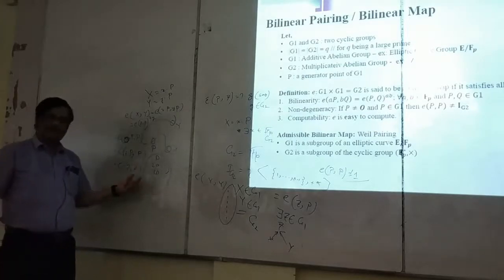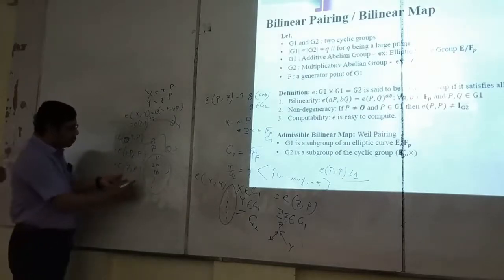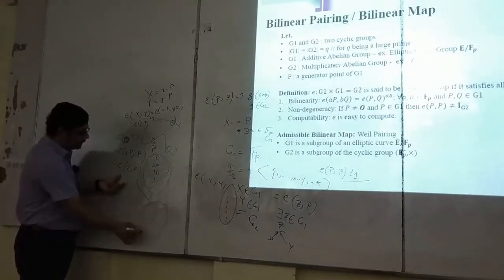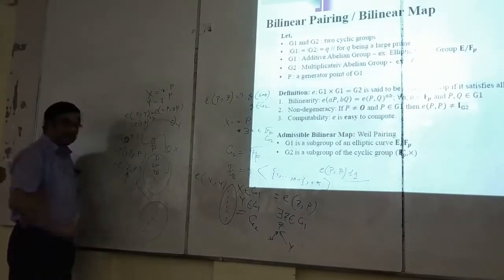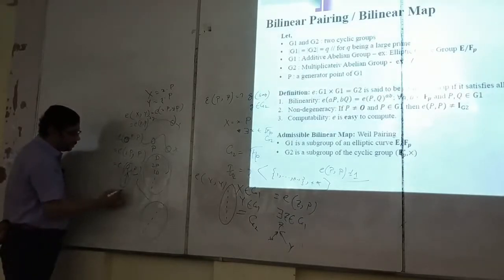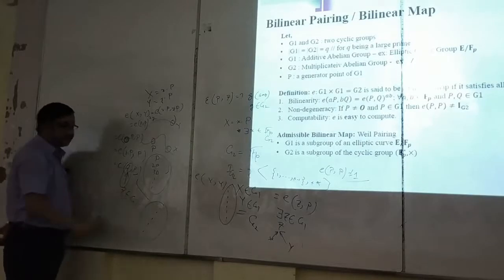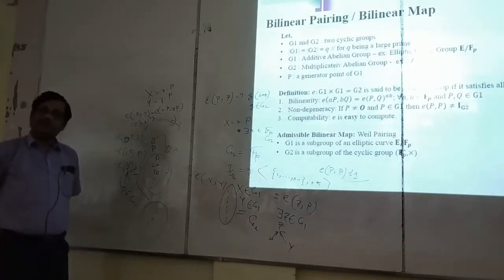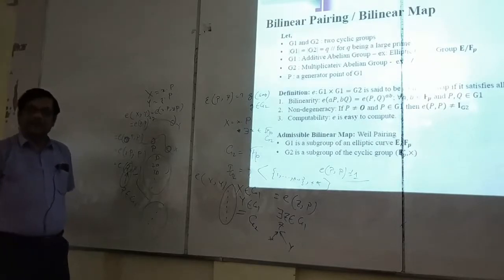saying or stating that you are checking the output set of this for all possible values of z, keeping P constant, keeping the right hand side input constant. You are changing the left hand side input. So z is some point in G1, all possible points in G1. How many points are there in G1? Q points are there in G1.